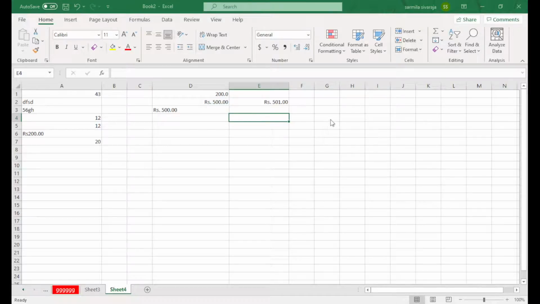Accounting is also the same as the currency way, so set a decimal and symbol. Next is the date. There are several formats for the date. Sometimes we type it this way, or this way, or this way. So you can choose your own way, and based on your language you can choose anything here.